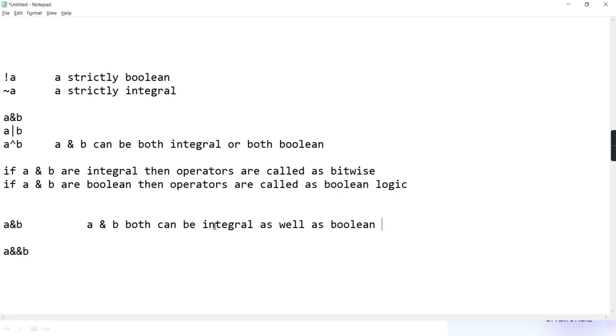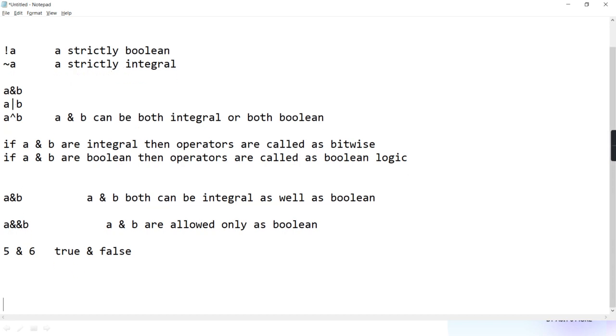Single and can be applied on integral also and boolean also. But two and can be applied only on boolean. Here A and B are allowed only as boolean. You understanding? So tell me, if I write 5 and 6 and if I write true and false, are both valid? Yes.